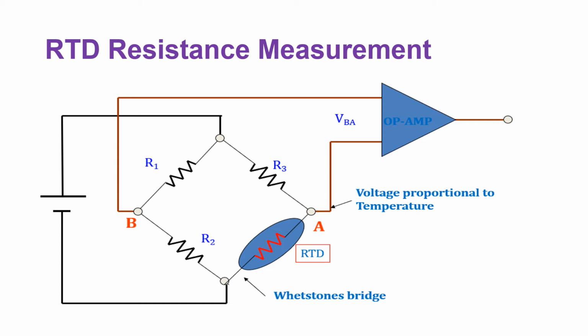Now when the Wheatstone bridge is in unbalanced condition, you will get some voltage when you measure it on the galvanometer. Now you can apply the same voltage to the op-amp for amplification purpose. Now this is how to measure the resistance by using Wheatstone bridge. First one is your balanced condition and second one is your unbalanced condition.